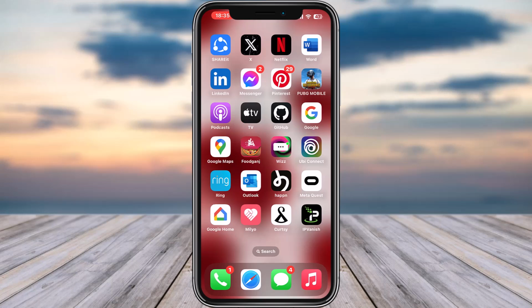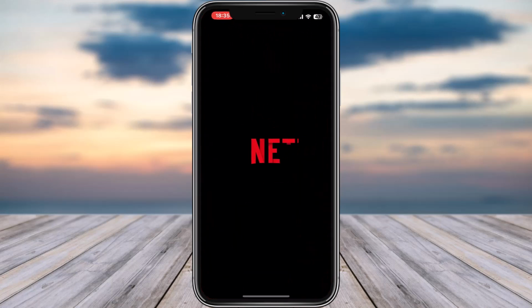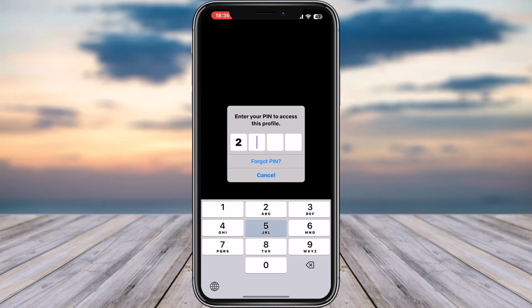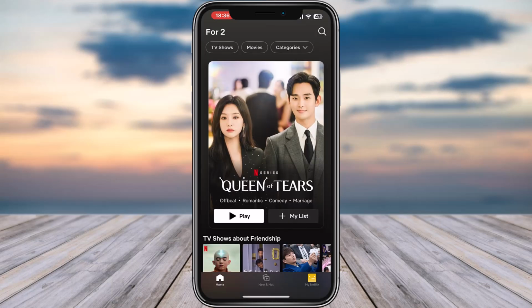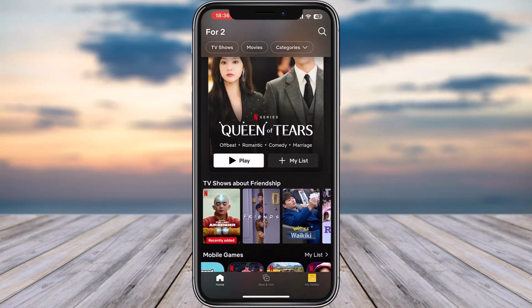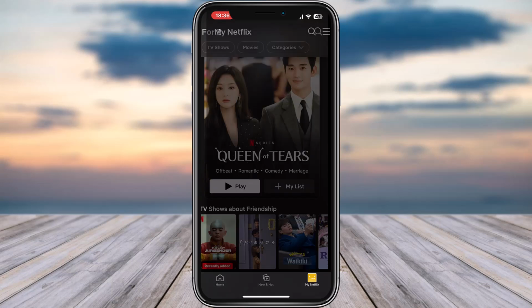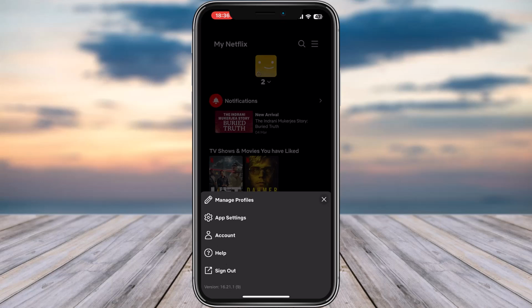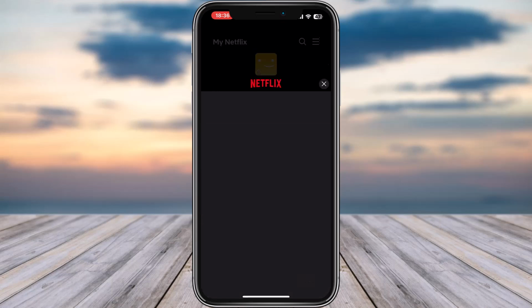First of all, go ahead, access your particular Netflix app on your mobile phone, and right afterwards simply go ahead and choose your particular profile, enter the pin, and simply go ahead. First of all, you're going to find this kind of interface right after that. Now go ahead, tap on this My Netflix option in the bottom right. Tap on this three horizontal line on top right corner. Tap on this option of account right over here,